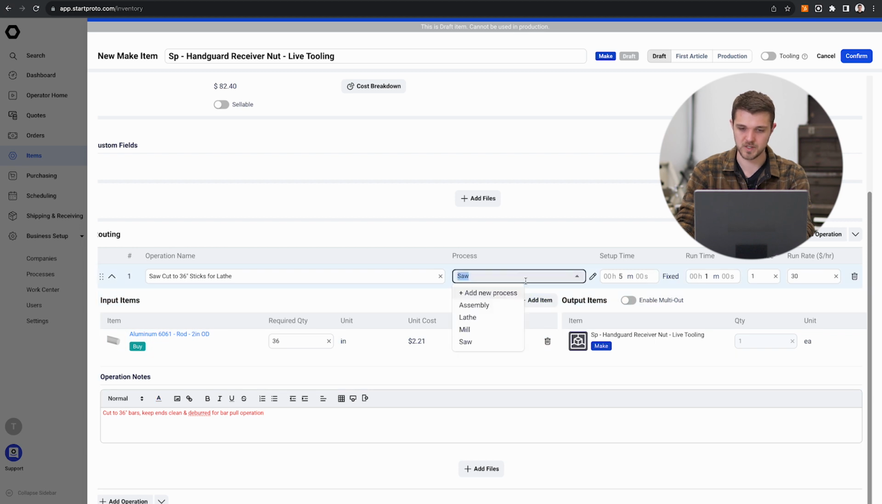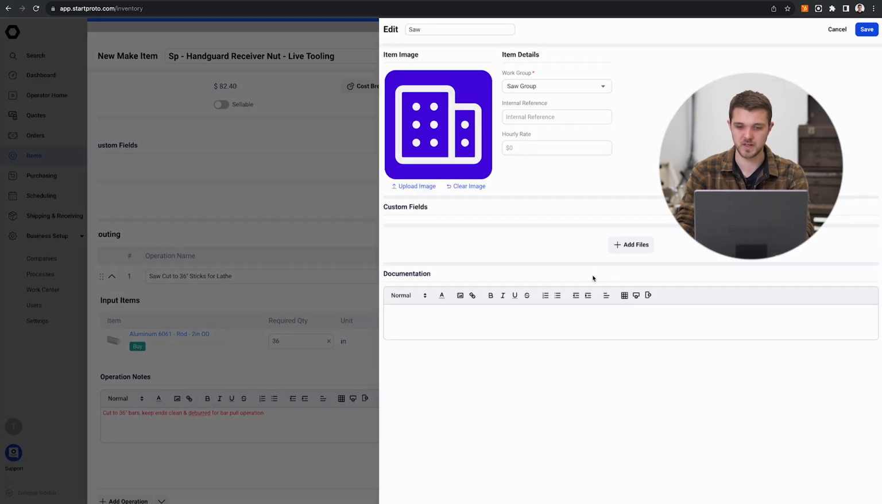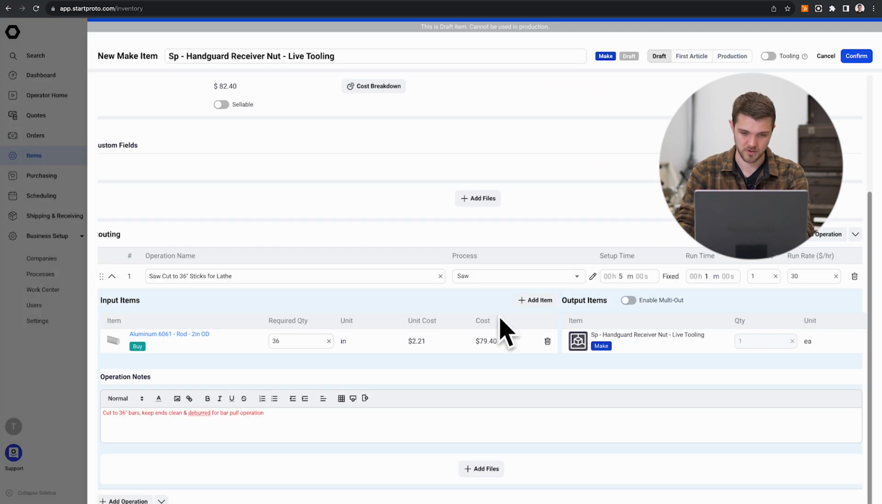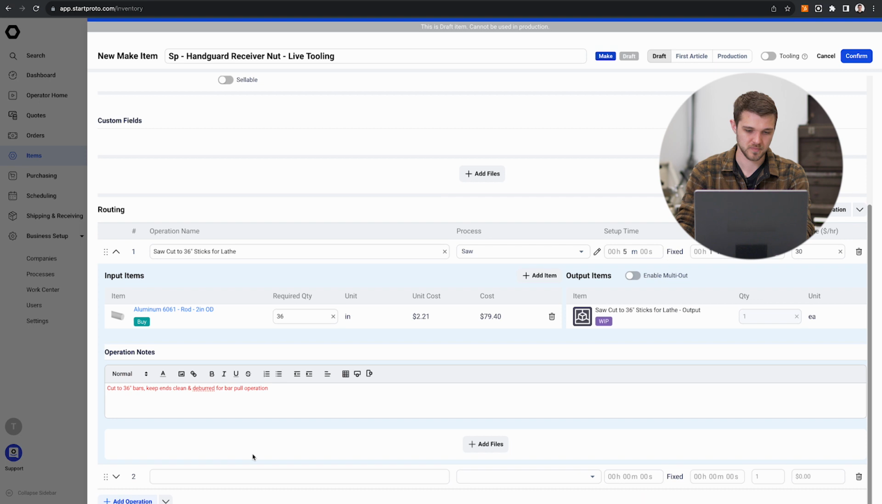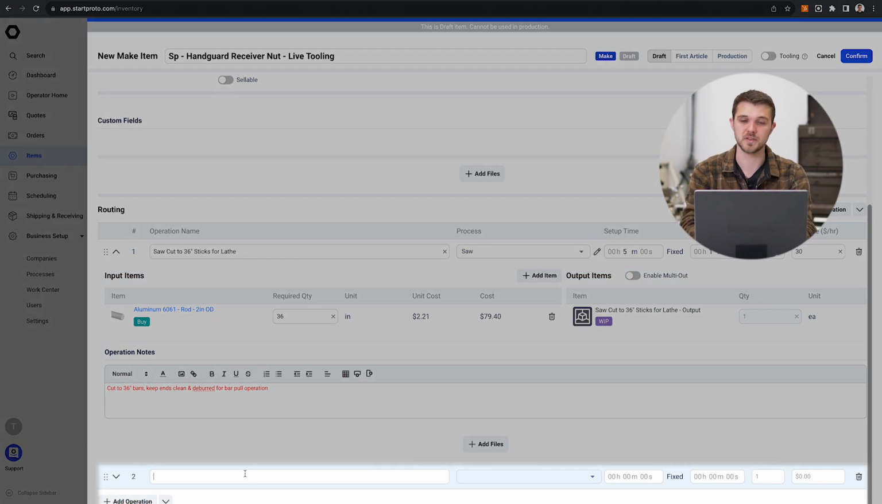There's also documentation that's associated with this process. Nothing in there right now. Go ahead and add our second operation, and this will be quite the fun one. This will just be main. We'll just call this the main lathe op, and go ahead and we could set this to the lathe, but